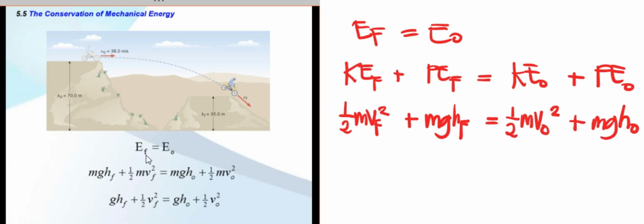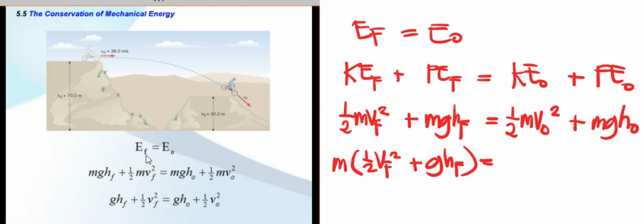Okay, we're asked to find v final. We don't have the mass of the motorcyclist, but you don't have to worry because it will just cancel, because we'll have m times 1/2 v final squared plus g hf